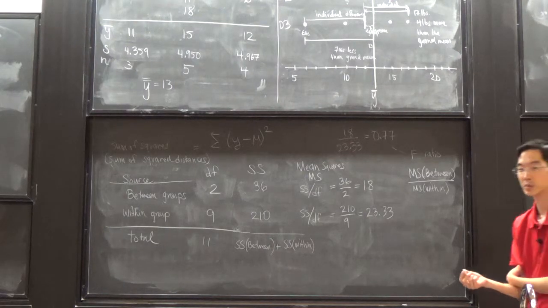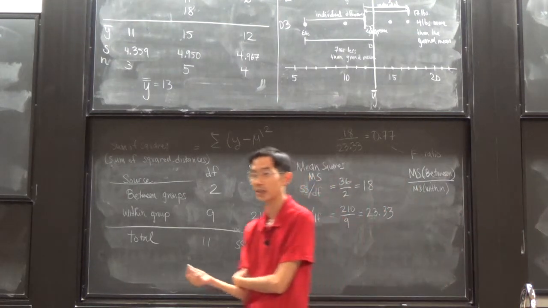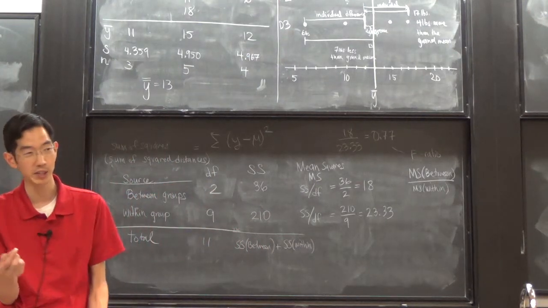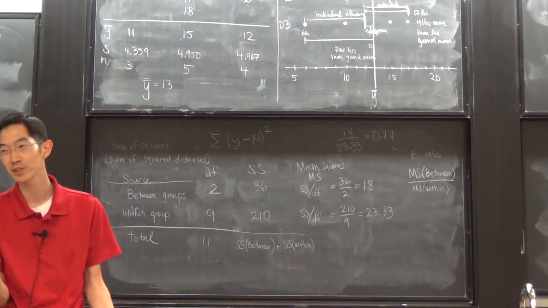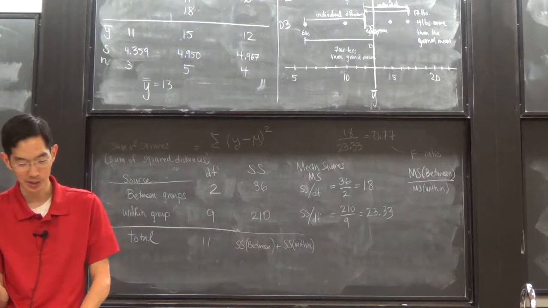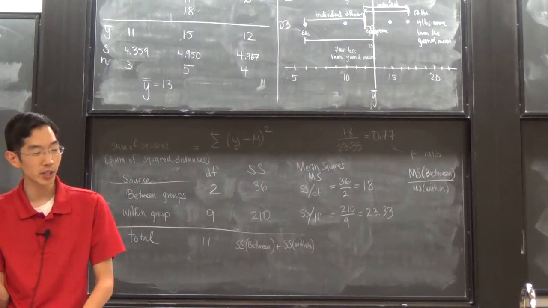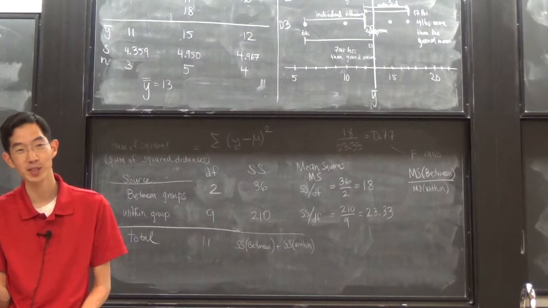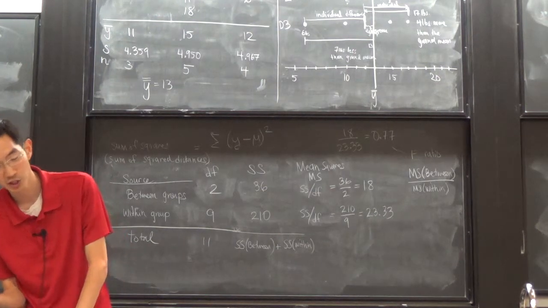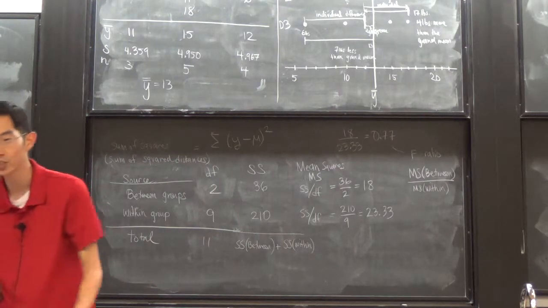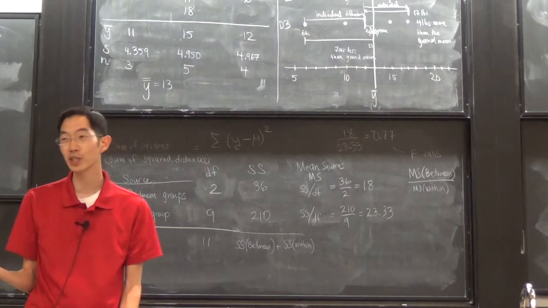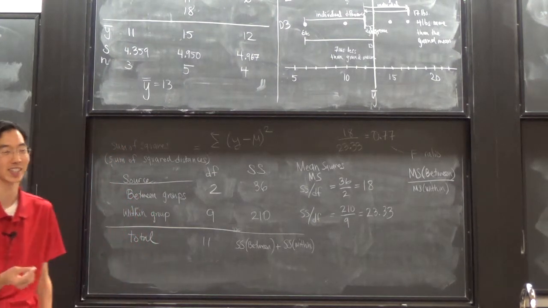Which one? Okay, so I did not print out the F table as part of your packet of reference tables. I figured if you know how to use the chi-squared and all of the other tables, you can use the F table easily. And the reason why I didn't print it out is that the F table is many, many pages long. There's one page in the F table for each what we call numerator degrees of freedom.